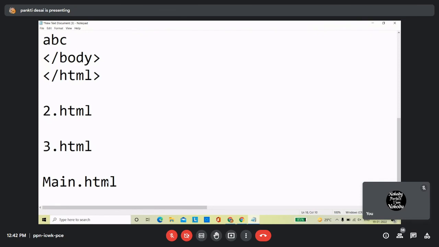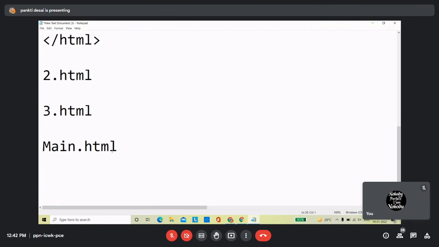main.html. રાઈટ, હવે આમાં આપણે શું કરવાનું છે? We have to create 3 vertical frames, right? And 3 vertical frames માં કયા કયા URL પાસ કરવાના છે? ફર્સ્ટ ફ્રેમમાં 1.html, સેકન્ડ ફ્રેમમાં 2.html અને થર્ડ ફ્રેમમાં 3.html, right? So